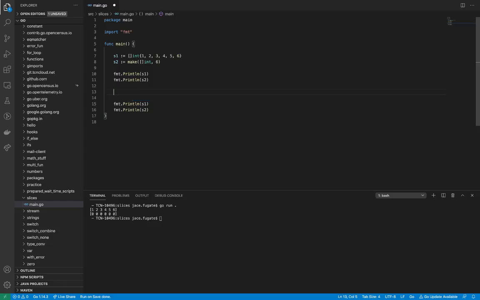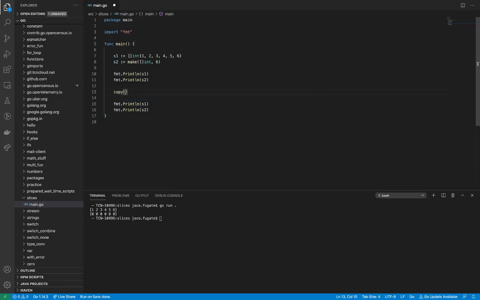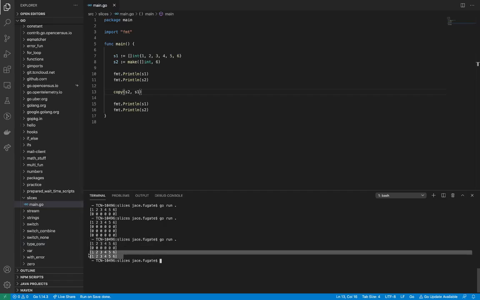We're going to show you a new built-in function. It's called copy. You say here, it copies elements from a source slice to a destination slice. And so we'll say the source slice is 1, the destination slice is 2. Oh, I apologize, got that backwards. The destination slice is 2, the source slice is 1. So the destination comes first, the slice comes second. There we go. So the first time we print it out, and then here we have it, it gets printed,